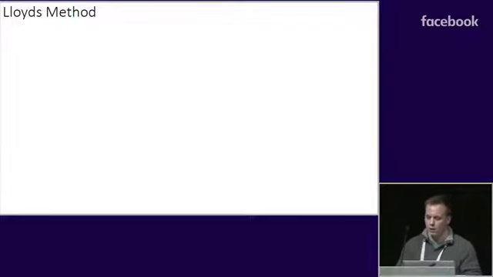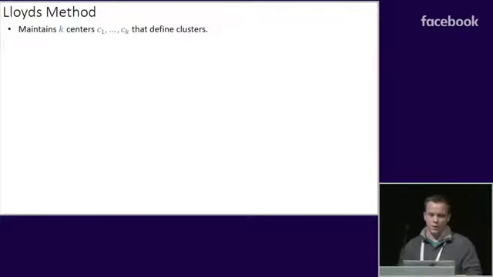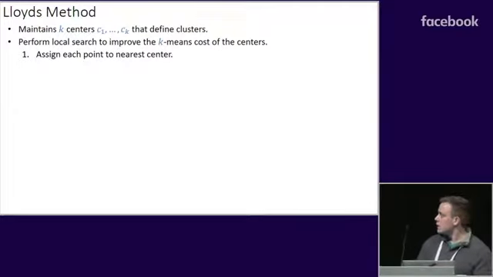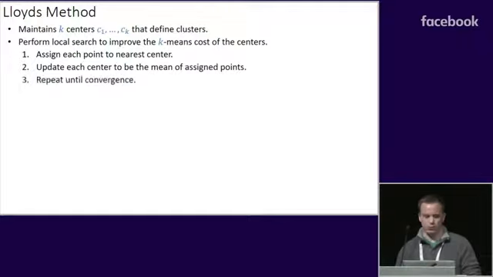So the family that we introduced is called alpha-beta Lloyds, and it's a generalization of Lloyd's method, or the classic k-means clustering algorithm. And just to remind you, this algorithm maintains k centers, each defining one cluster, and then performs local search to try to drive the k-means cost of those centers to 0. The local search procedure works like this: you first assign every point to the nearest center, and then you update each center to be the mean of the points assigned to it, and repeat those 2 procedures